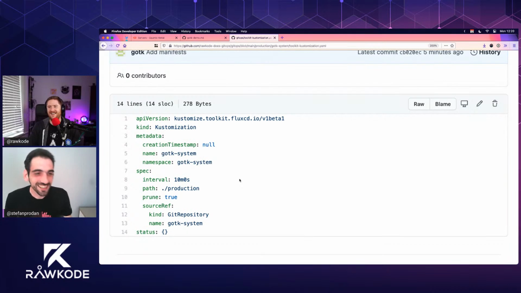So this interval here for the customization, 10 minutes, what it does is it applies what is found in the repo at that particular path every 10 minutes. What that means is, let's say someone goes into the cluster, has access to the cluster, modifies something. In a maximum of 10 minutes, that modification will be undone. If it modifies something in the toolkit itself, let's say it changes the limits, those kinds of changes